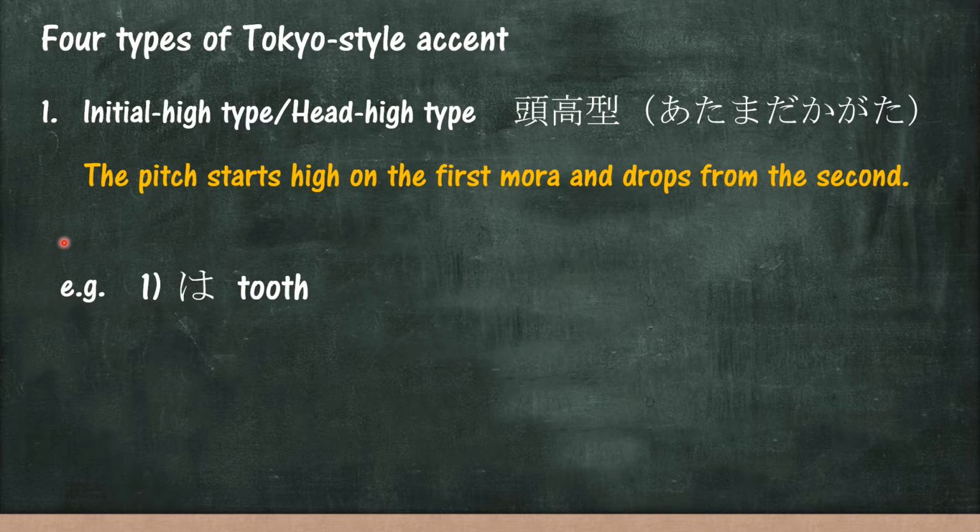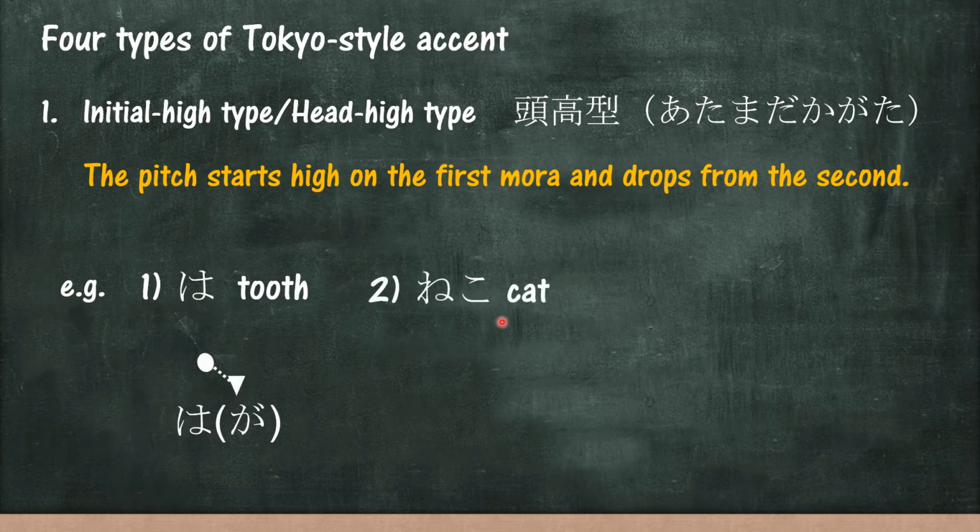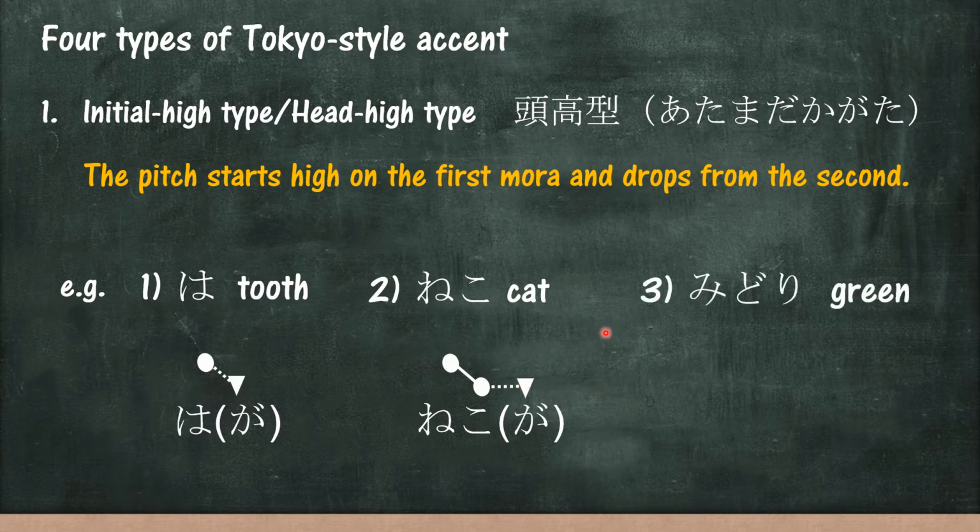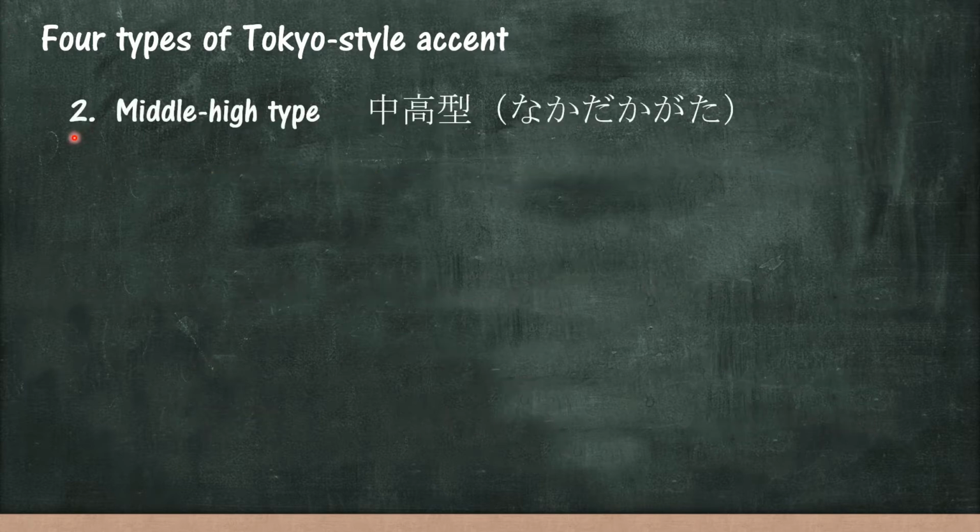1. Tooth. Ha. はが、はが。Number two, cat. 猫、猫。猫が、猫が。Number three, green. 緑、緑。緑が、緑が。